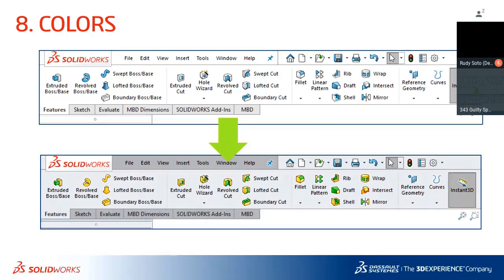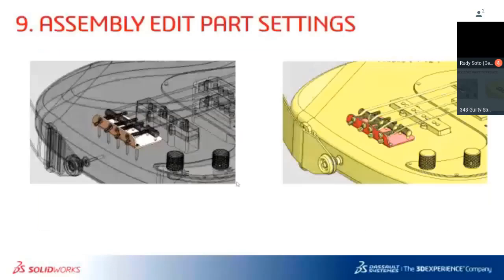So the reason I like this one is because this way your sketches are blue and your features are green. And your sheet metal is orange and your surfaces are orange. It mixes up the colors a little bit, which makes it a little easier to identify the different features in the tree. So you just go to options, system options, colors, and you can change that if you want. You can leave it blue and white if you want to.